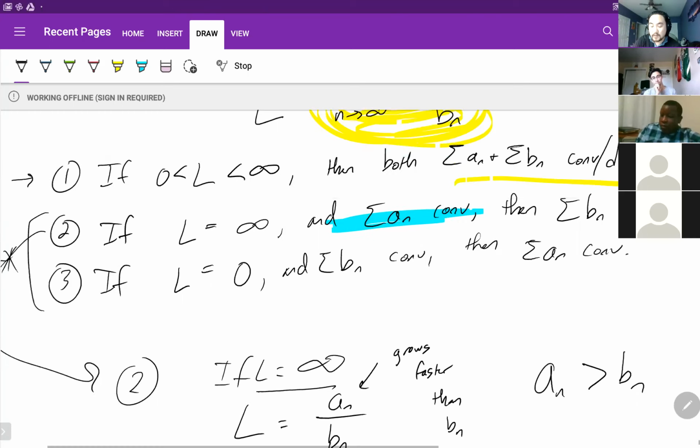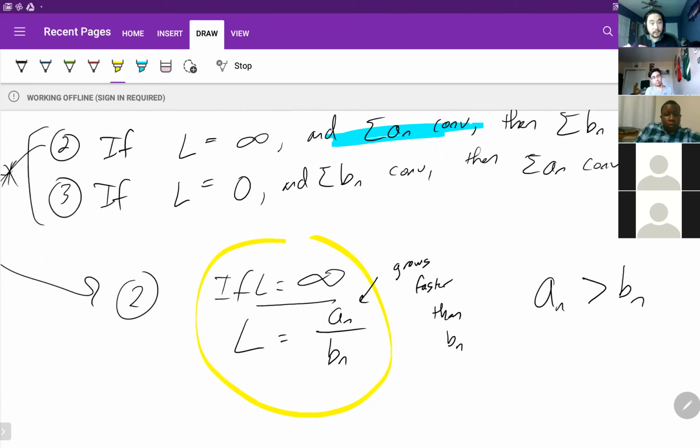Could you just explain the converging part again? It's like the comparison, if that makes sense. Do we understand this piece, that if the limit is infinity, you can conclude that a sub n is greater than b sub n? That needs to be true, right? If you understand that, then a sub n is greater than b sub n eventually, right? So I can tack these on and say, if a sub n converges, b sub n also has to converge. And the order doesn't really matter because it still stays the same.